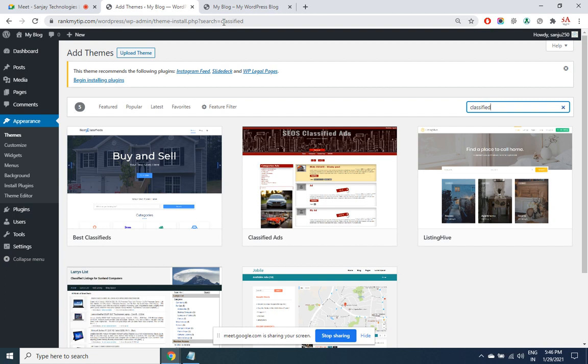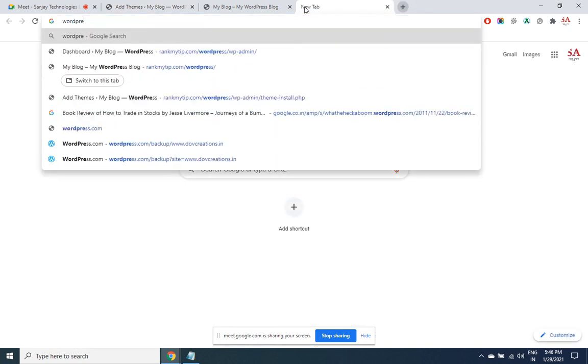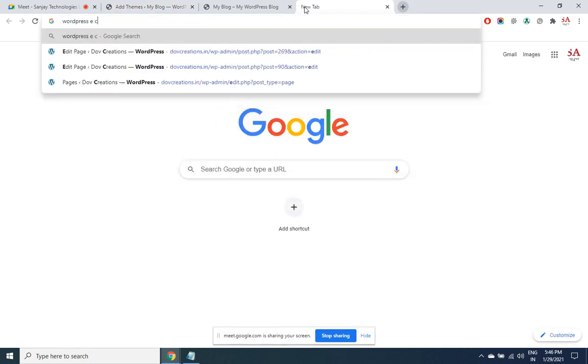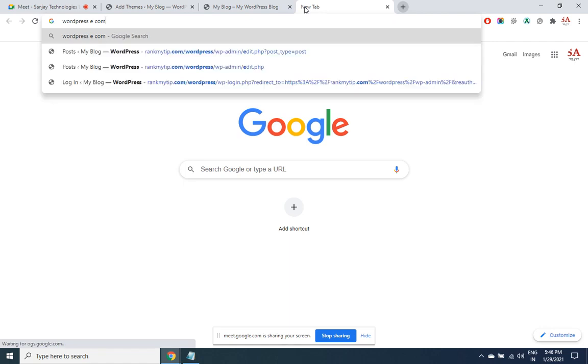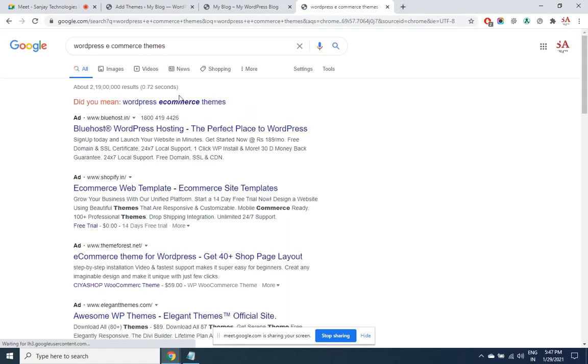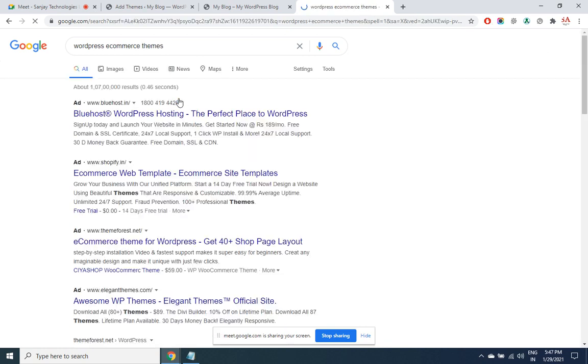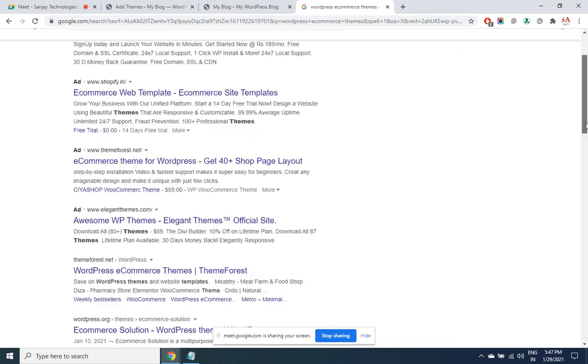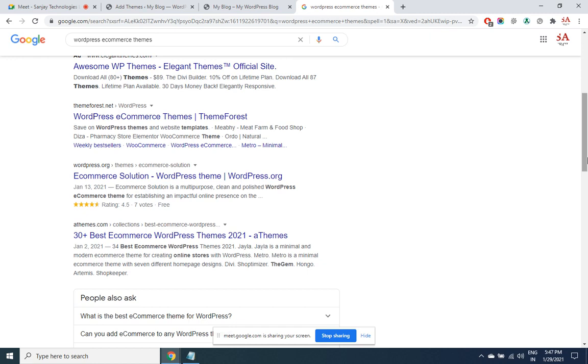Just in Google, when I search WordPress e-commerce themes, WordPress classified themes, WordPress real estate themes, you will find thousands of results. Let's have a look. Most of them are paid, but it is worth the price because the creativity that they have shown is amazing.